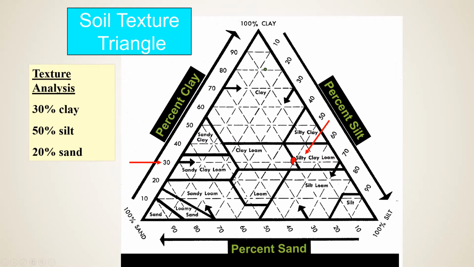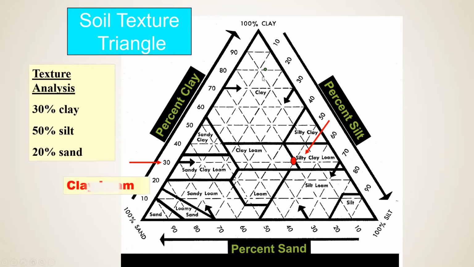So what this is telling us is if I move down to here, I can see that we have 20% sand. Looking up here, we have 50% silt. So that gets us to 70%, and we have 30% clay. So that's right on the edge of a silty clay loam. And in each of these regions, it tells us generally what texture of soil we'll be looking at.